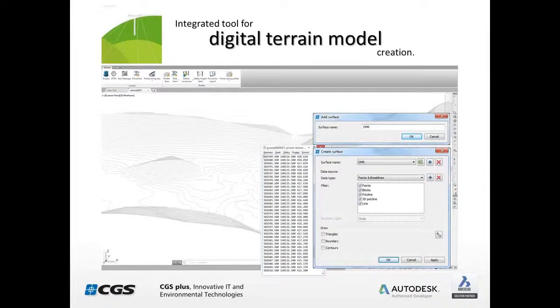Electra comes with digital terrain modeling because of its support for BricsCAD and plain AutoCAD and Map software, where there's no digital terrain modeling tool. So CGS DTM is already part of Electra, so that the user can create any terrain from any ASCII file containing northing, easting and Z